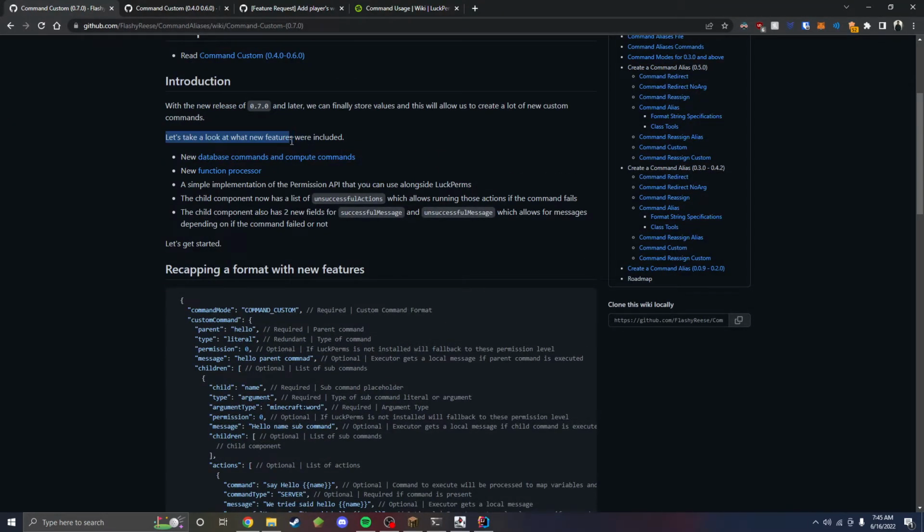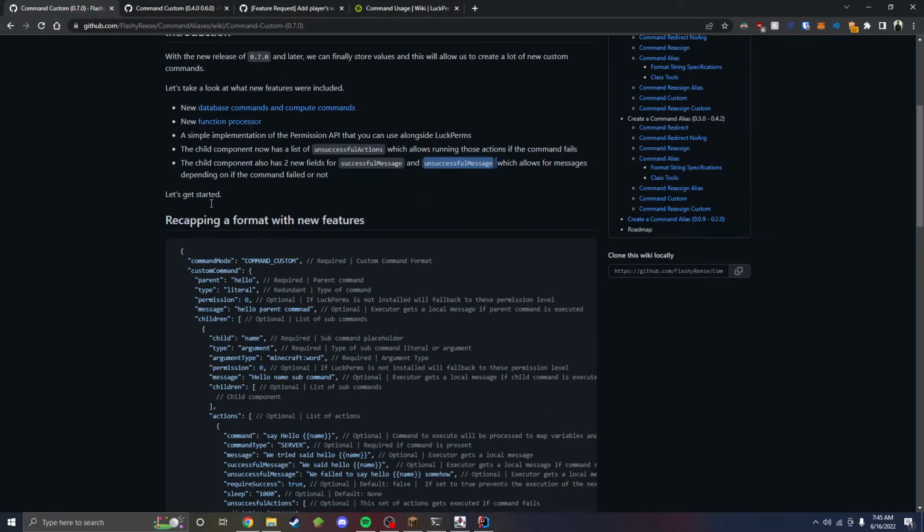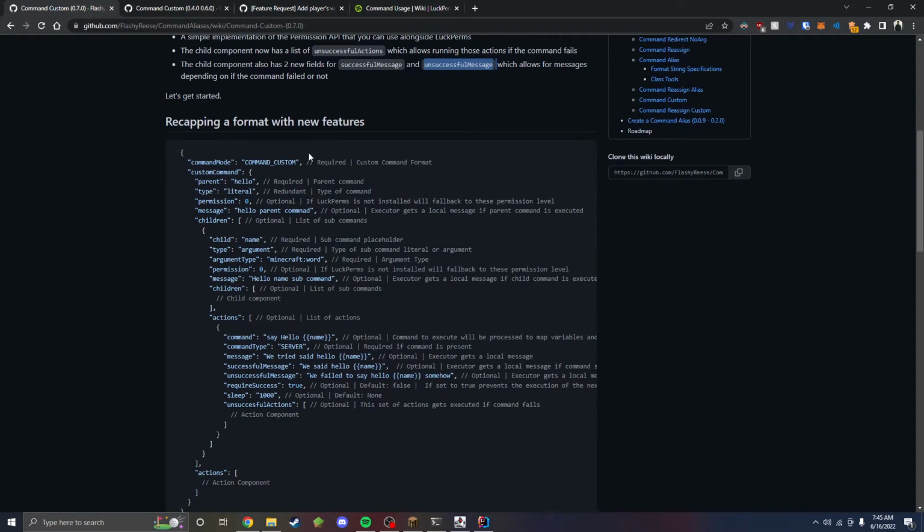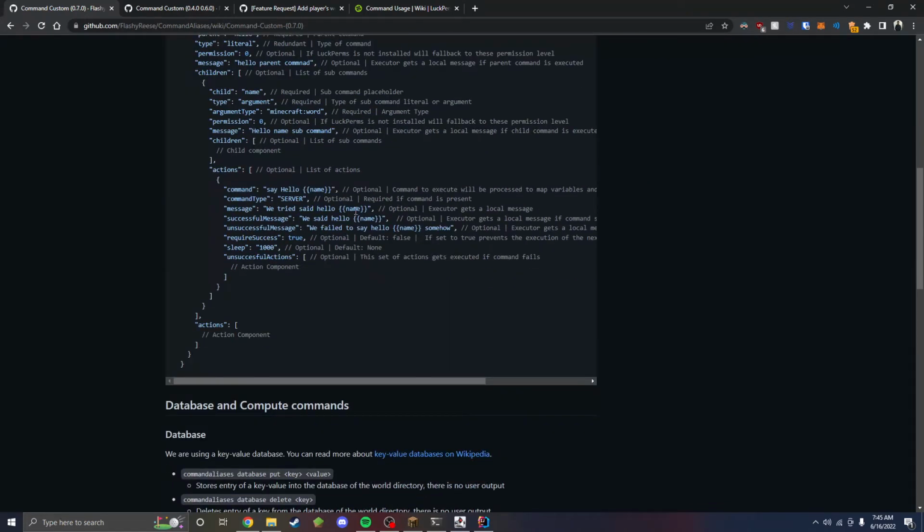With the new release, we have included a set of features. So we get a new database and compute commands, new function processor, and we got an implementation of the permission API to work alongside lockperms. The child component has three new fields: unsuccessful actions, successful message, unsuccessful message. To recap that briefly, I have on the wiki explaining what everything is, but before we start, I need to